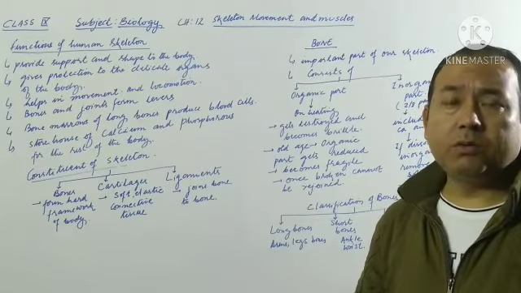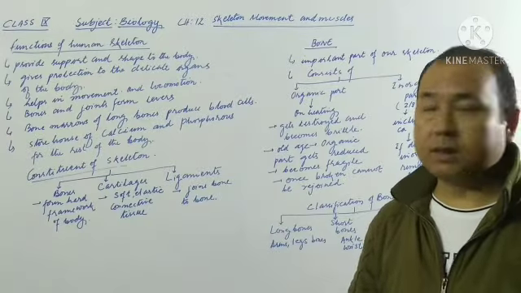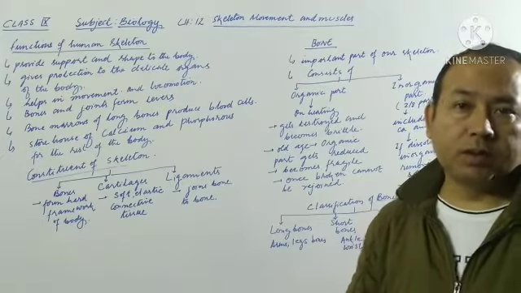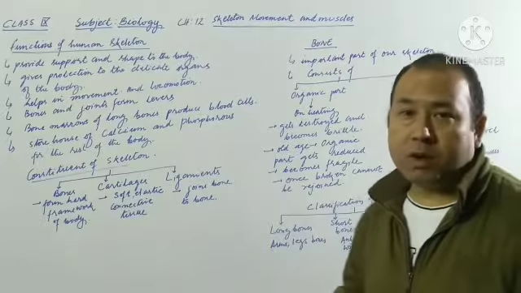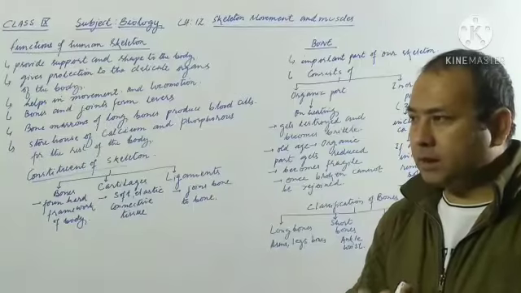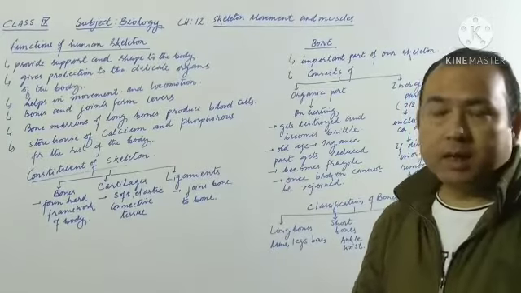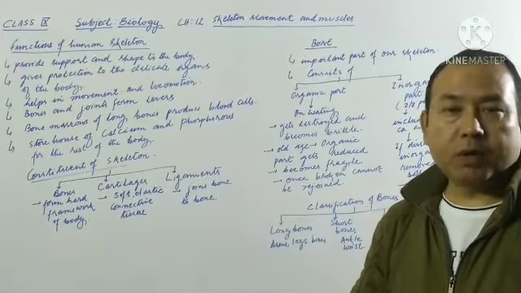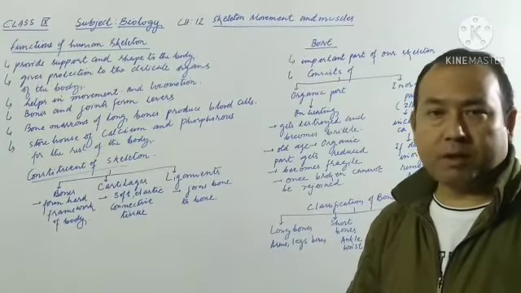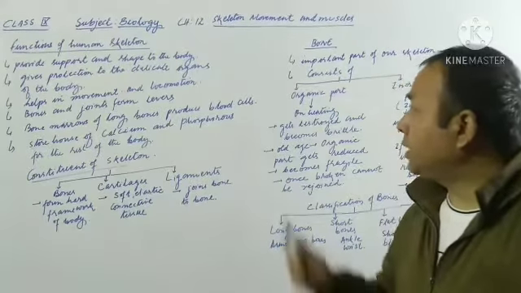Now first we need to discuss the role of this skeleton, why this skeleton is important to us. Number one, as you can see on the board also, it provides support, and next, shape to the body. So the skeleton provides a definite shape to the body, and it also supports the body. Then you can include one more point, that it protects the body. It protects the internal organs such as lungs and heart, about which we have discussed before.